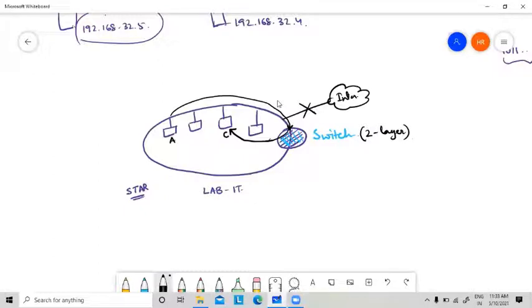Because it is only acting inside a network. No outside network is accessible. So only two layers, the physical layer and the data link layer, are accessible through this switch.